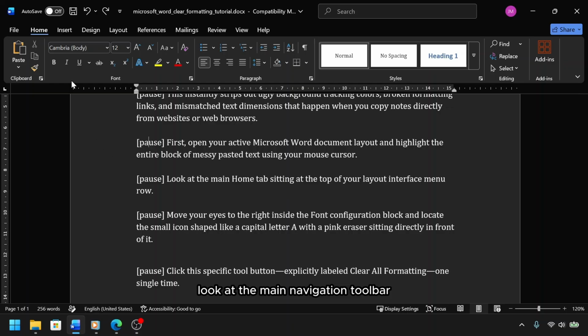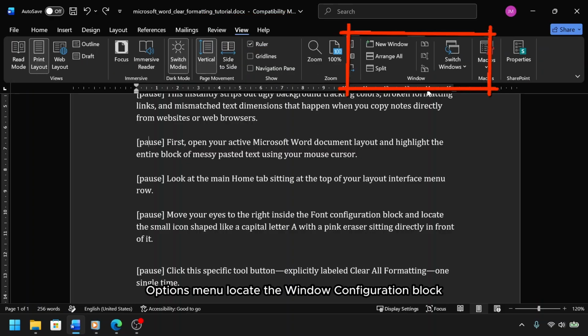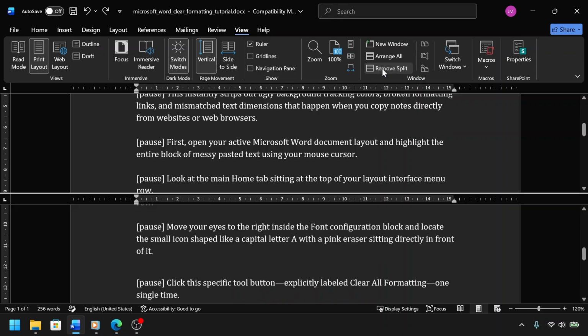Look at the main navigation toolbar running across the top of your interface and click on the View tab. Move your eyes to the right side of the toolbar options menu, locate the window configuration block, and click the button explicitly labeled Split. Watch your single interface instantly divide into two identical layout panels, each operating with its own